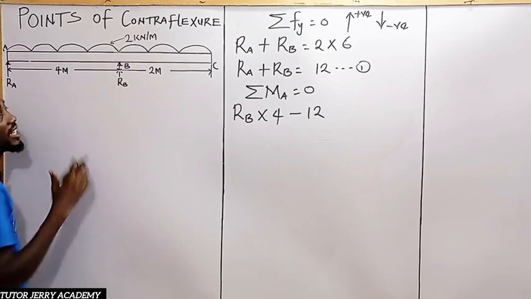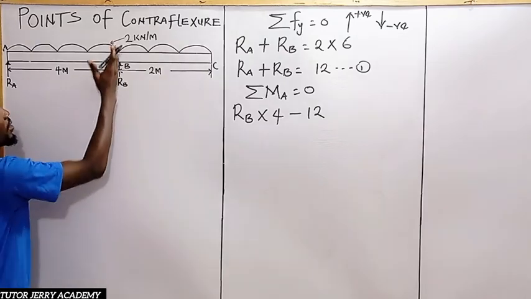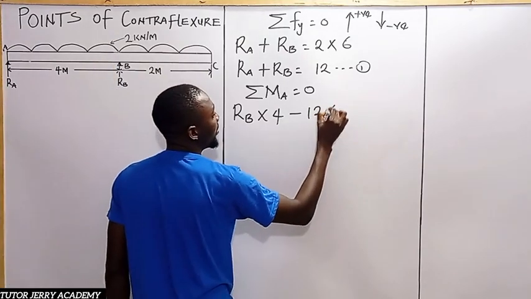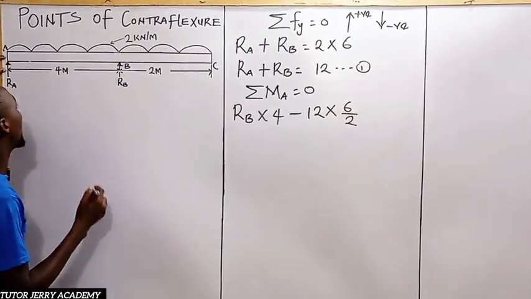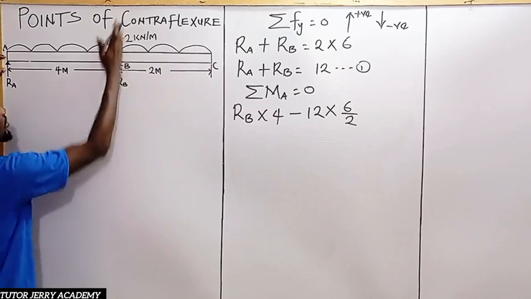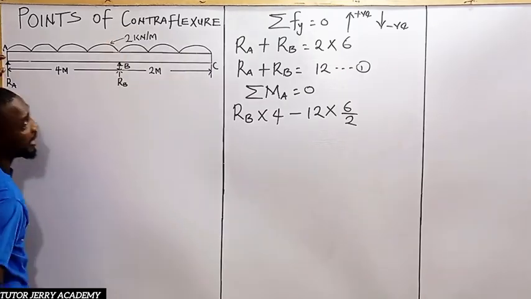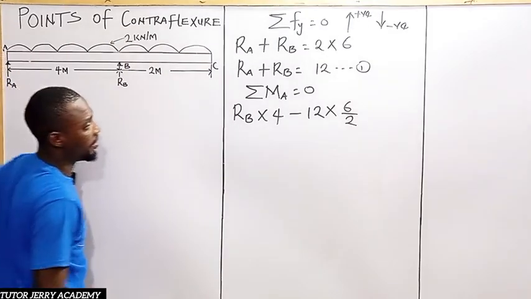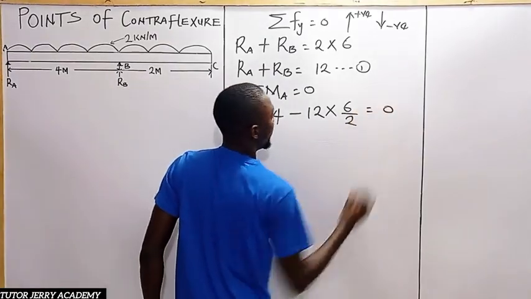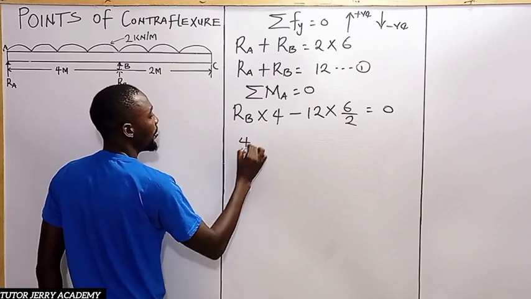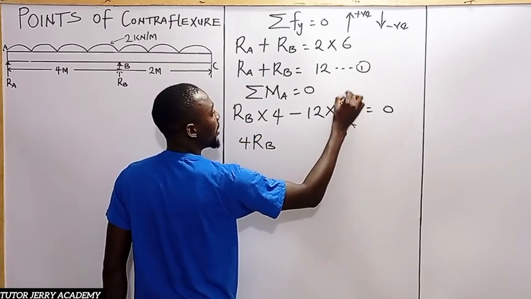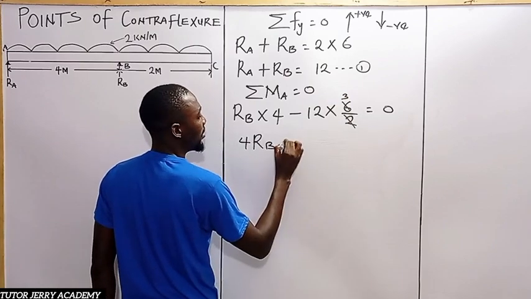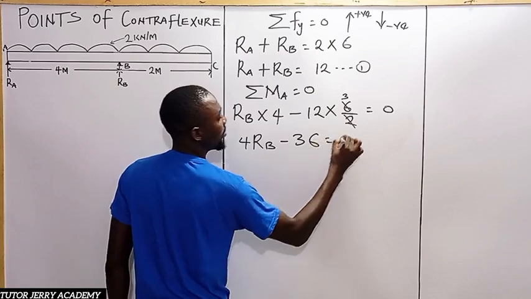All right. So the total distance here is 6. So it's going to be multiplied by 6 divided by 2. That is, the total distance is 6, so 6 divided by 2 to the point A. All right. So everything will be equal to 0. So here we are going to have 4 RB. Here we are going to have 2 here 1, 2 here 3. 12 times 3 is 36,